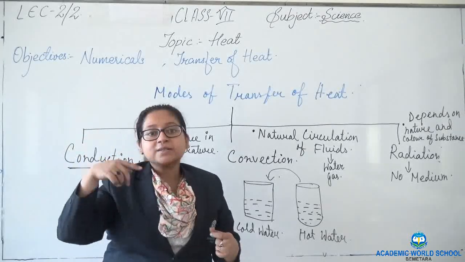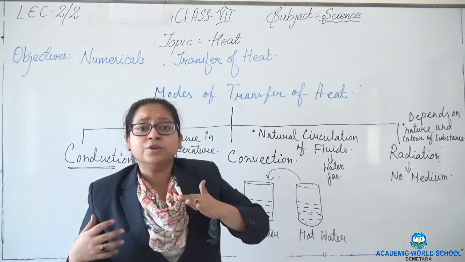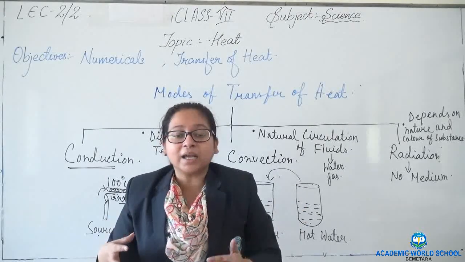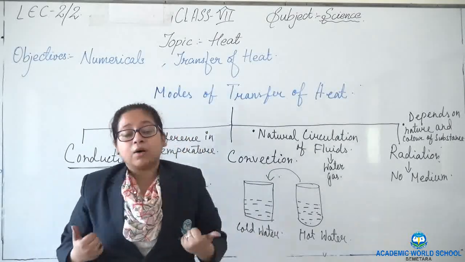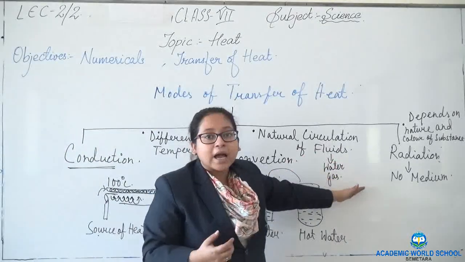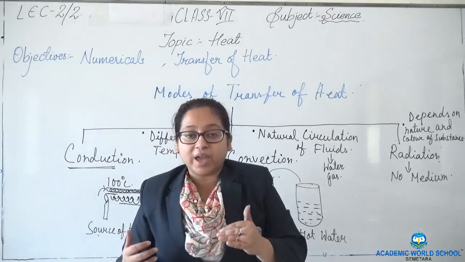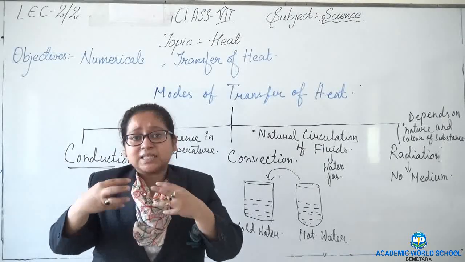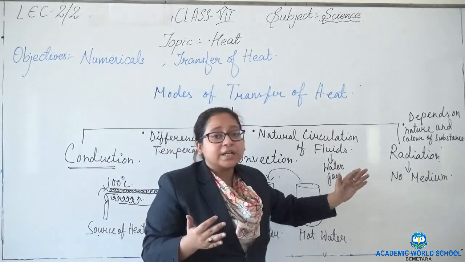What does it mean? Just think, the sun is far away from us. There is a huge distance between sun and the earth. But still, sun is radiating. It is giving its heat to all the planets. We, being on the planet Earth, we are getting the heat of the sun. So how does it happen? The rays of the sun come through waves, through small energy packets. These rays are transferred in the form of waves and it reaches the earth.